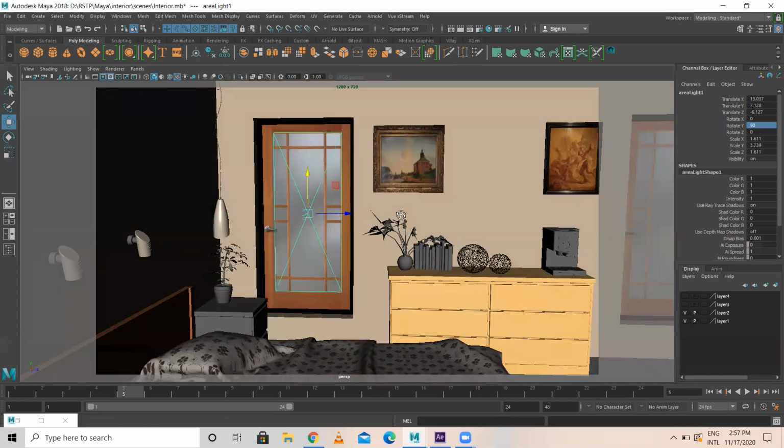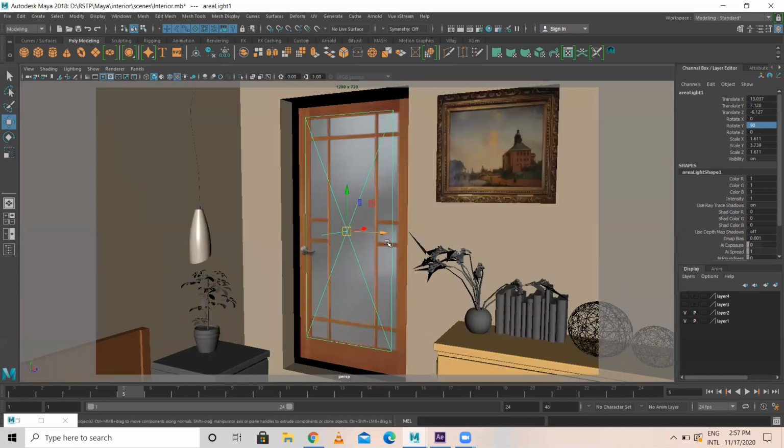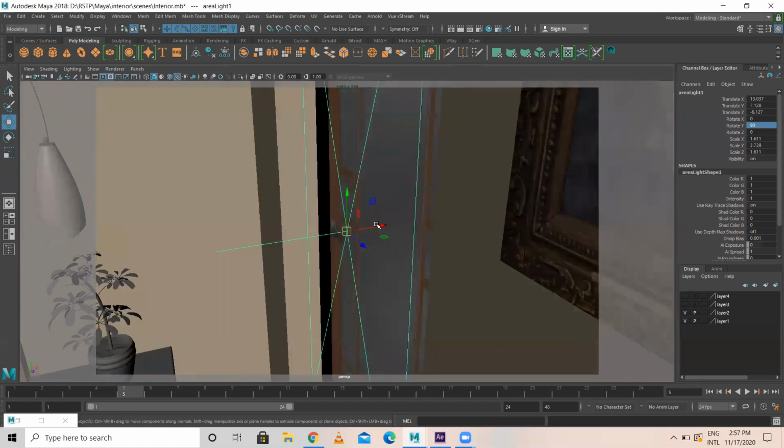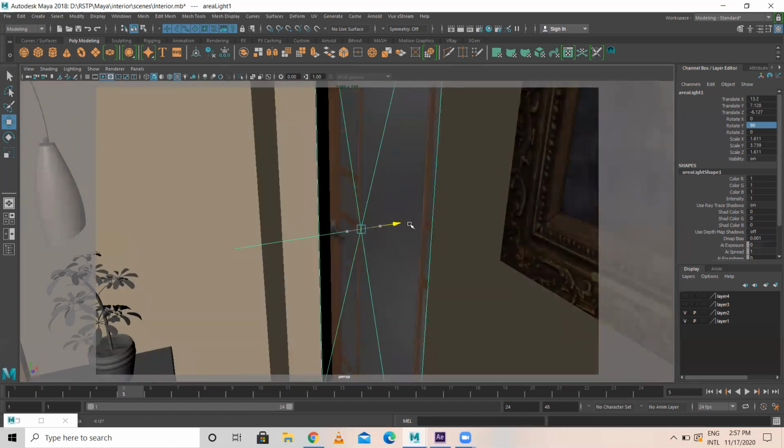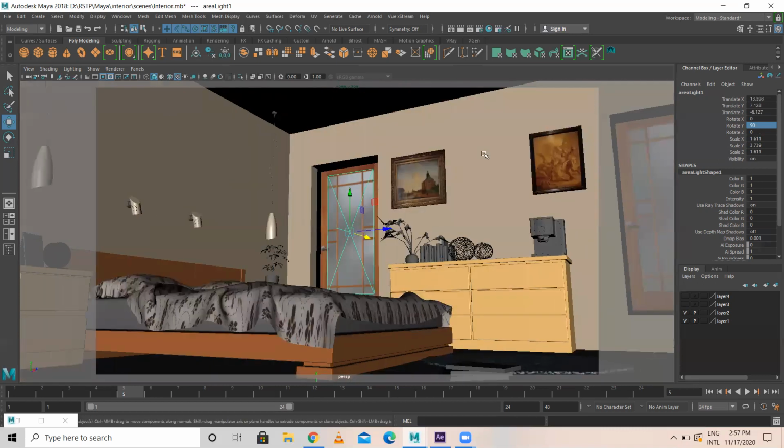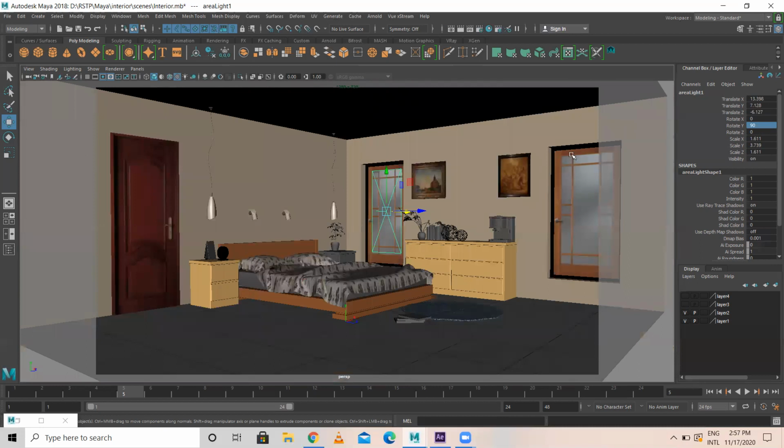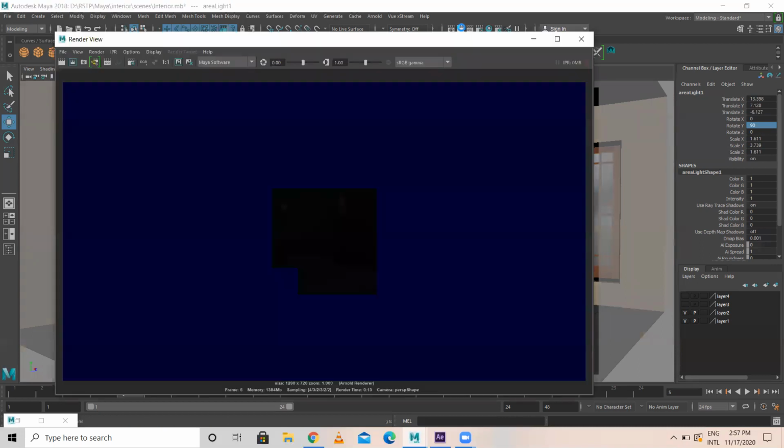Then just come closer, place this somewhere closer to this. Now I'll go to this view of the scene. Let me take a render.